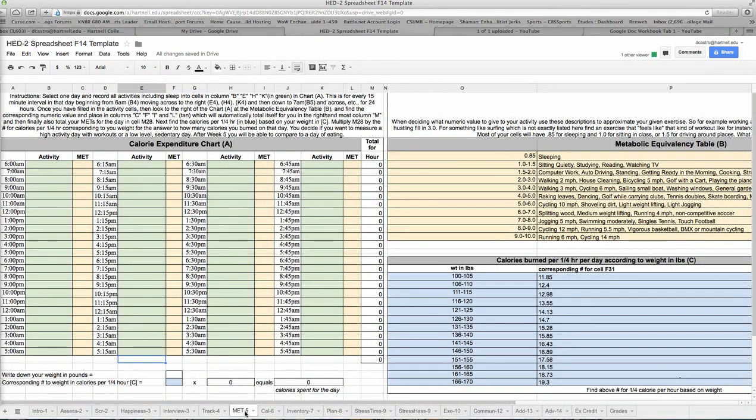For this tab, the MET in week 5, or metabolic equivalency table, you're going to record your activity every 15 minutes of one 24-hour day. And it's okay to pick a weekend day or a weekday or a slow day or an active day. That depends on what you're interested to find out about yourself. This is going to track how many calories you spend